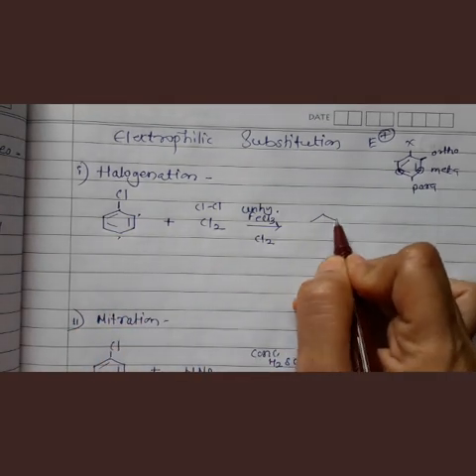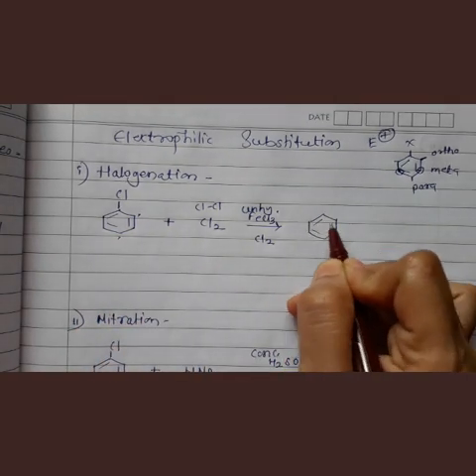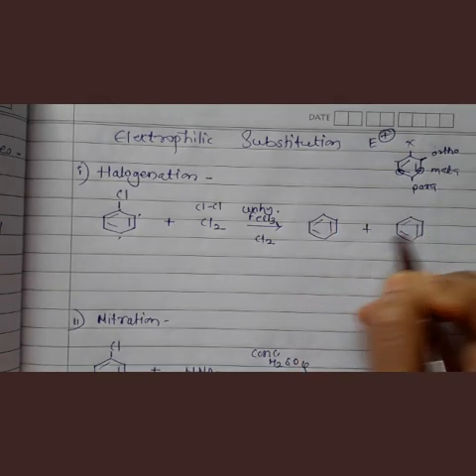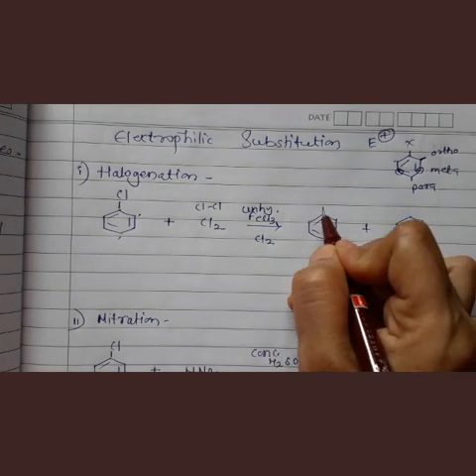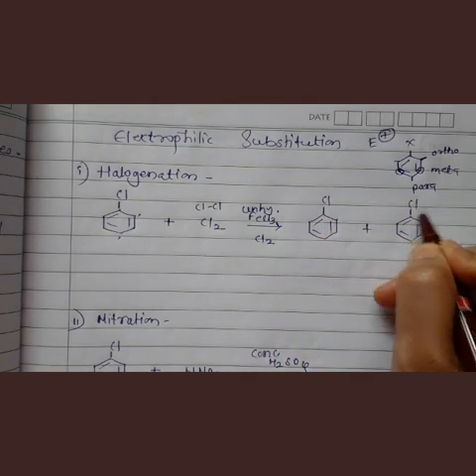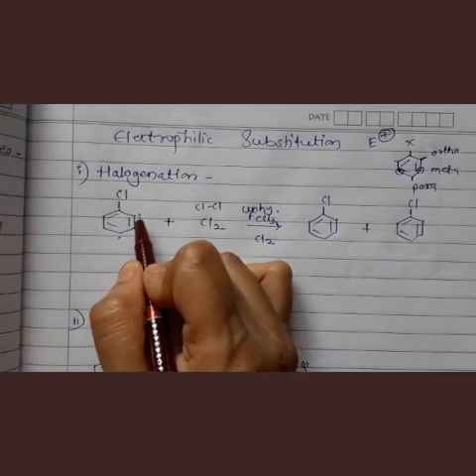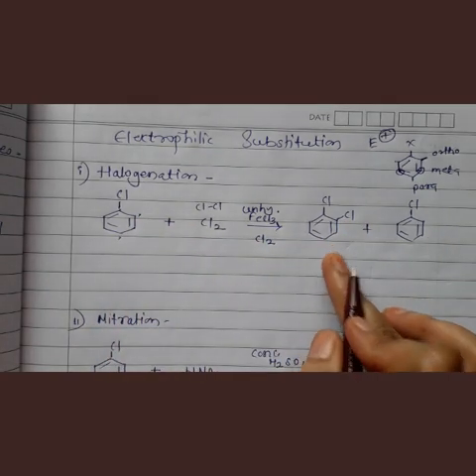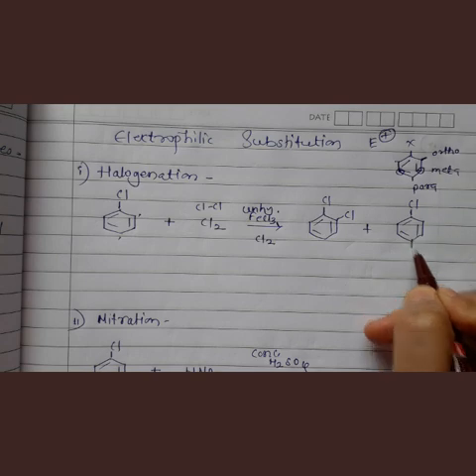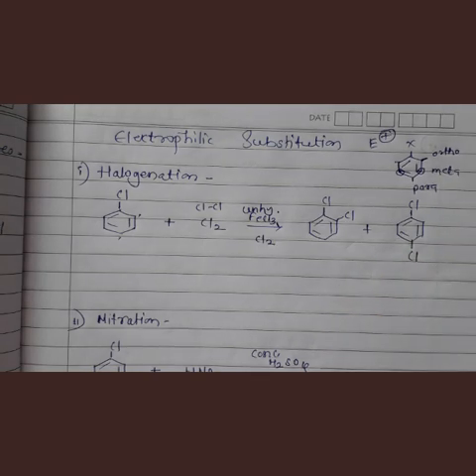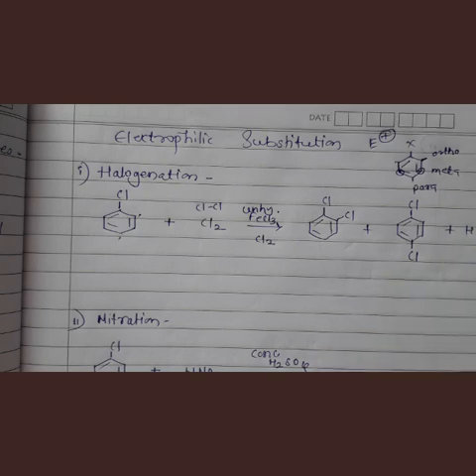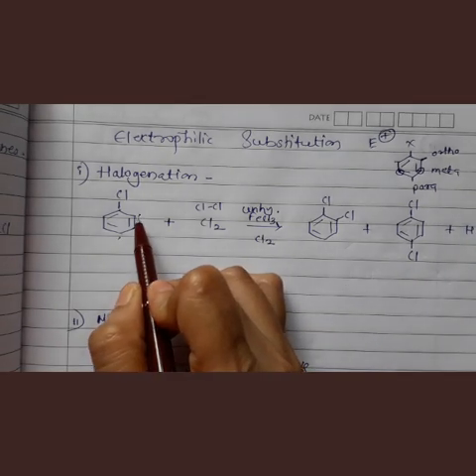Okay. So let us show two benzene rings. Already one chlorine is there. That also we have to show. Okay. Now on this position one chlorine will attack. Ortho or this is ortho product and this is para product. Understand? Then HCl will form in this reaction. Why HCl? Because here already hydrogen atom was there, right?